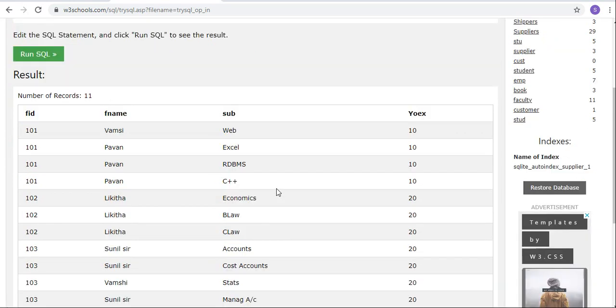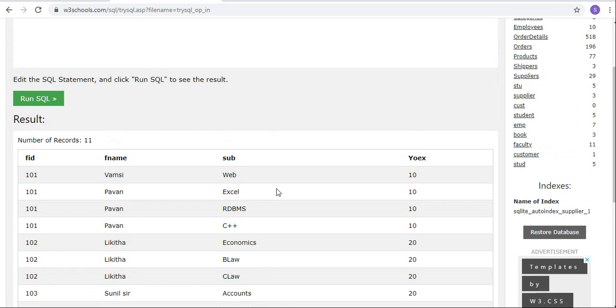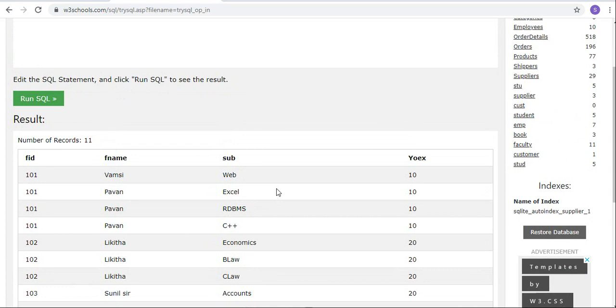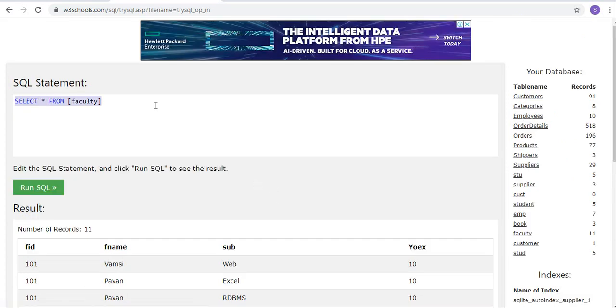Now I want to display the names whose second character is A. So for a single character we specify underscore, the second character must be A, and from the third character onwards you can have anything.